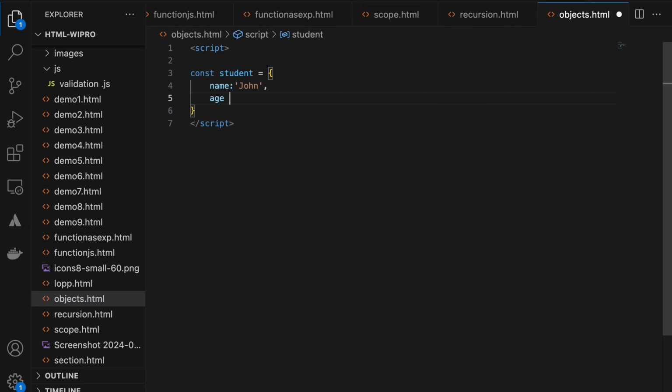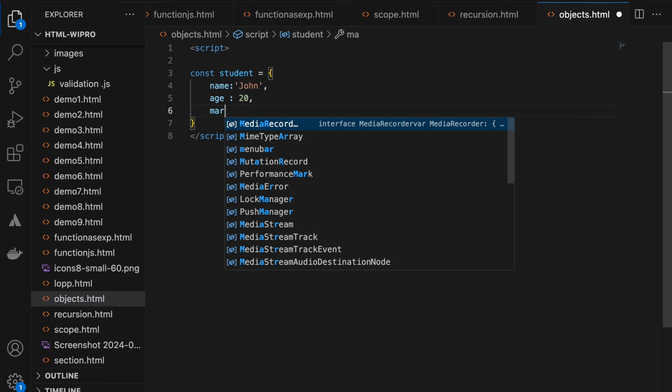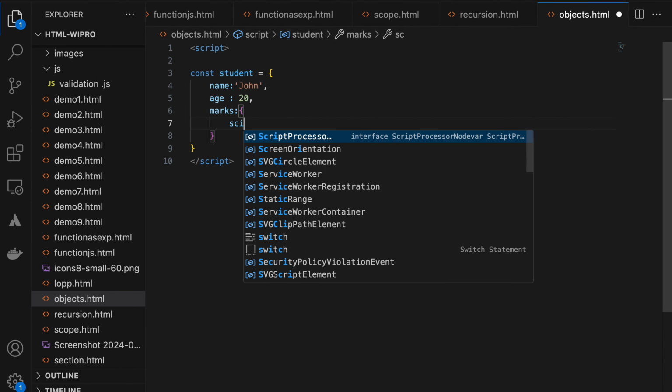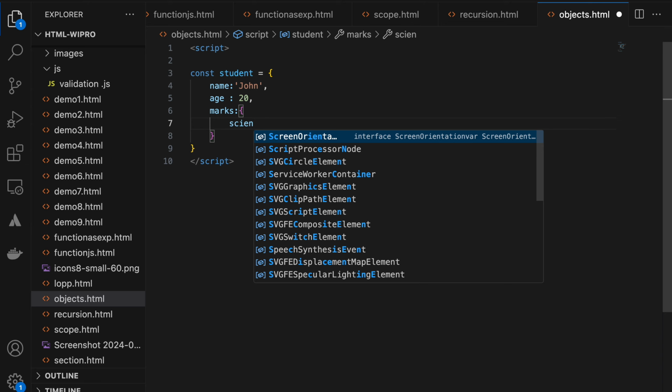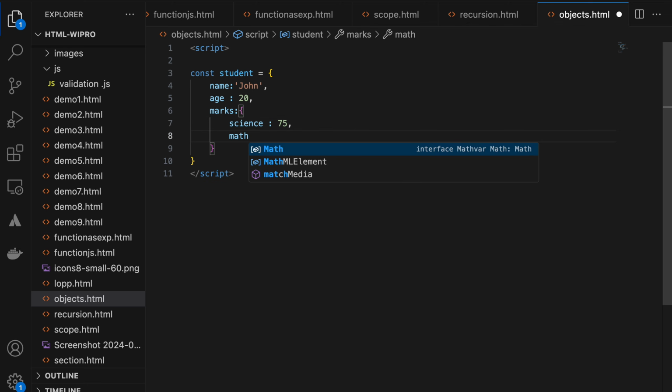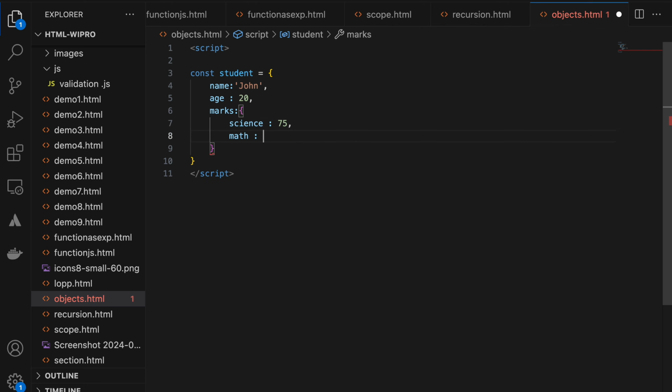Then age 20, then marks colon, again it's holding some values, science 75, suppose that, math 7